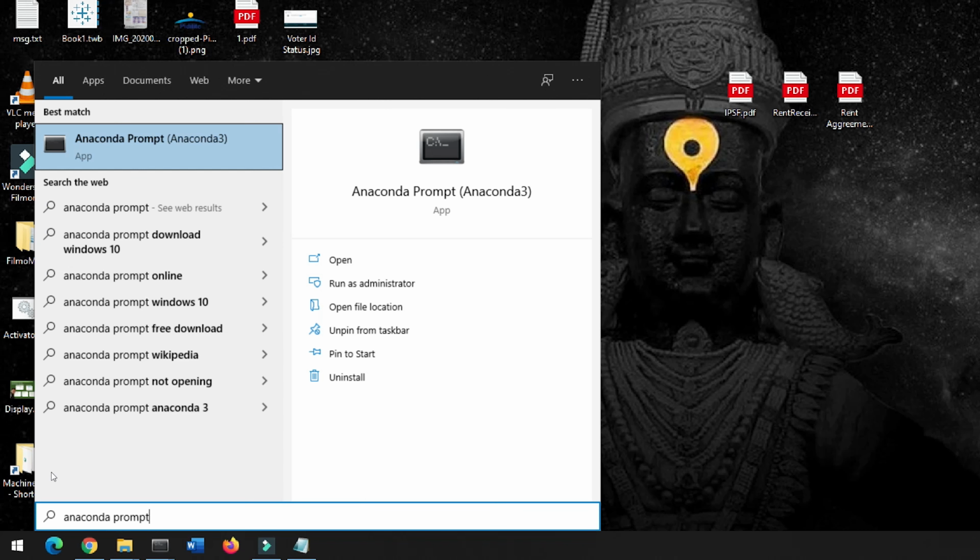Let's now see some of the useful features of Python. To select first 10 rows in table, you can write table name.head and in bracket 10. To check total number of rows and columns in a table, you can type tbl_m.shape. To check data type of all columns in table, you can write tbl_m.dtypes. To check data type of one column, you can use tbl_m in bracket age.dtype.